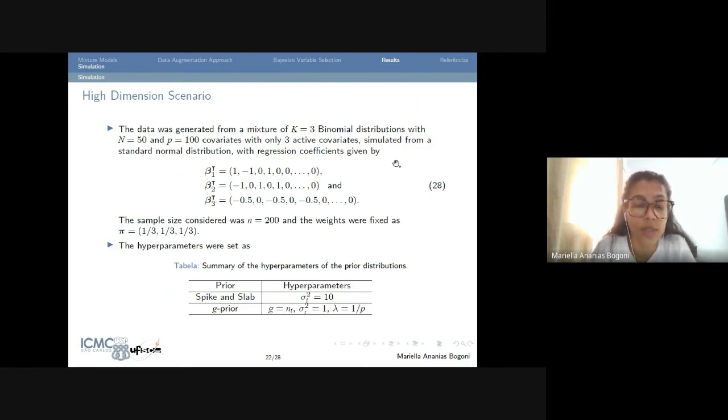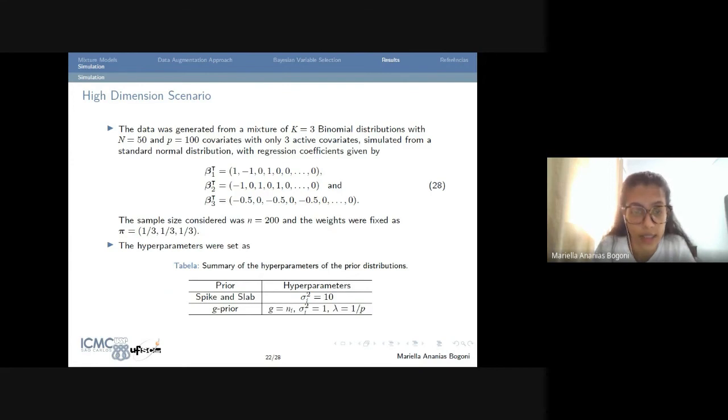These covariates were simulated from a standard normal distribution, and these are the regression coefficients fixed. We also fixed the sample size as 200, and the weights were fixed as 1/3 in each component. In this table, we have the summary of the hyperparameters considered in the 2 prior distributions